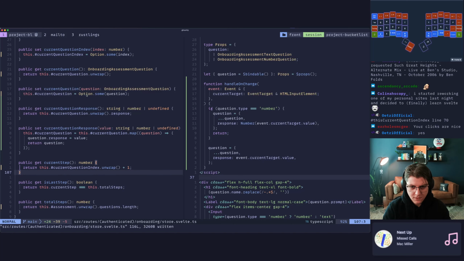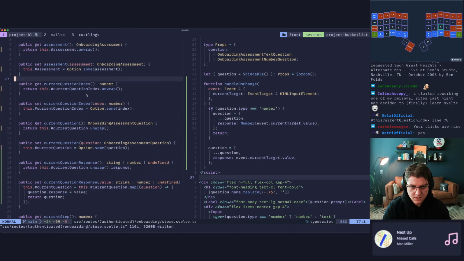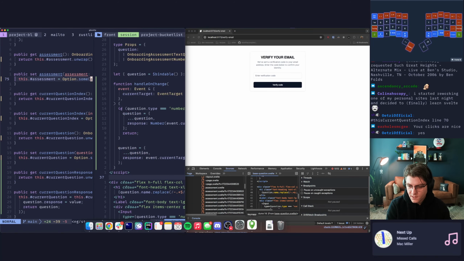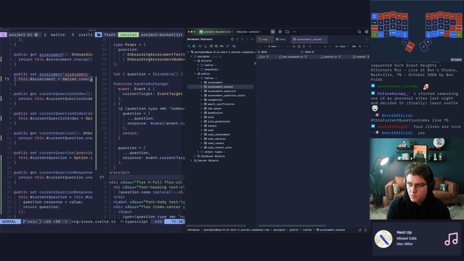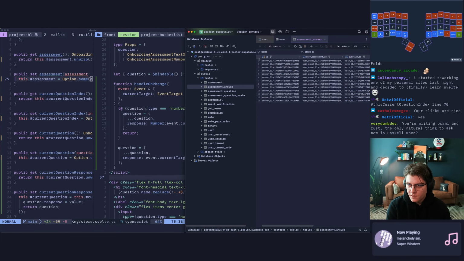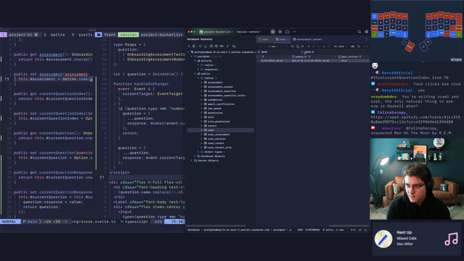Actually, I'd rather just fail fast there. Okay, that seems like it's working. Let me go one more time and delete. Hopefully we can get into some Rust here now. Let me delete this. Great.